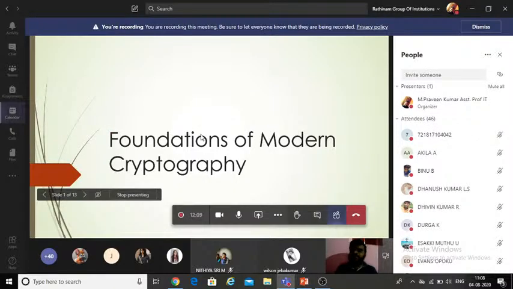In that substitution technique itself, we have six types, right? So Caesar cipher, monoalphabetic cipher, Playfair cipher, Hill cipher, Vigenere cipher, that is polyalphabetic cipher, also known as Vigenere cipher, and one-time pad. Okay, so we have 6 different techniques in the substitution encryption technique. Do you have any doubt in that? Because in these 6 types of problems, you can expect a 16 mark, a 10 mark, an 8 mark, anything, right? It's a compulsory question from the first unit. If you have any doubts, you can ask now, or else we can move further.